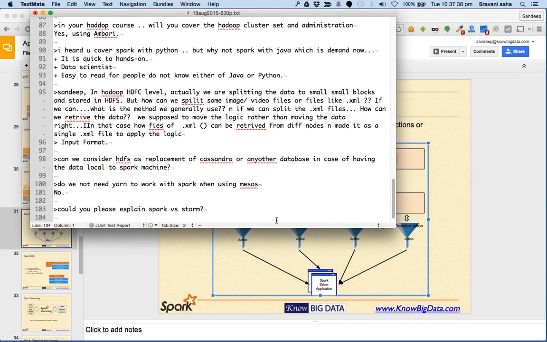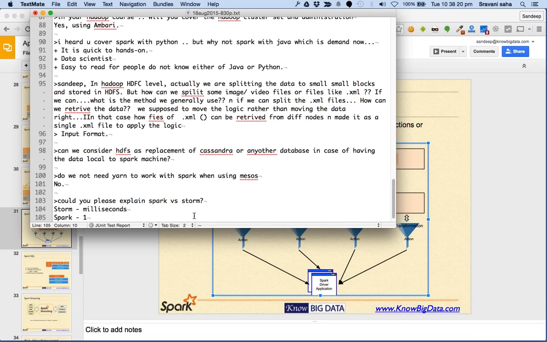Next question from Satya is, can you explain Spark versus Storm? Storm is dedicatedly for doing the stream processing. You have to write your logic in the form of bolts, which get executed on the cluster. If you are looking for a system which gives you a latency of milliseconds, then you should go with Storm. Storm gives you milliseconds kind of latency,